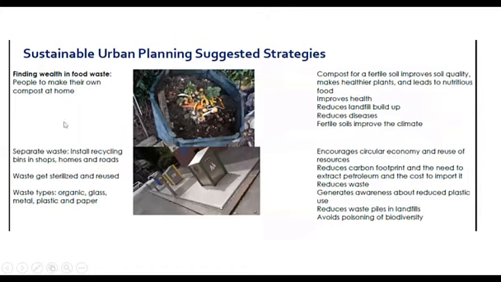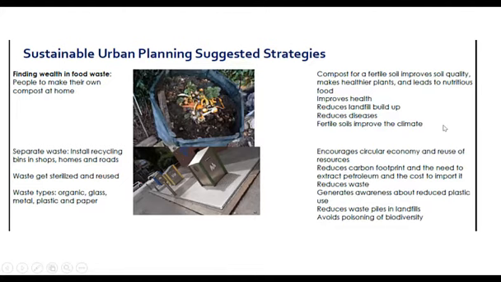We can also find wealth in waste in our homes and our companies or shops. We can start learning how to use the food waste in order to make compost. And this compost means we have fertile soil and improving soil quality. It generates healthier food and plants for us and improves health, reduces landfill buildup, and reduces diseases, and they improve the climate eventually when we get fertile soil, and we don't get any more methane produced from the decomposition of